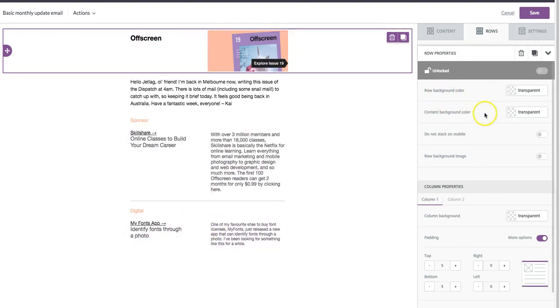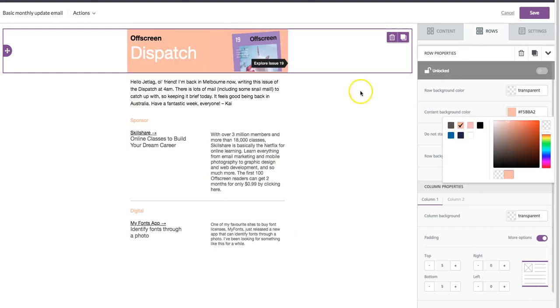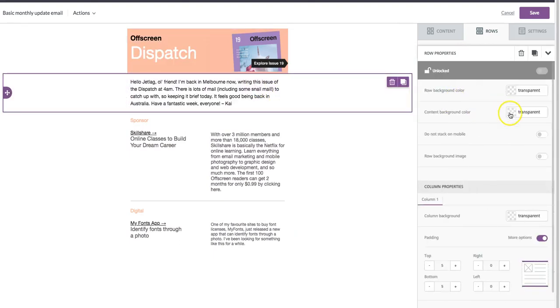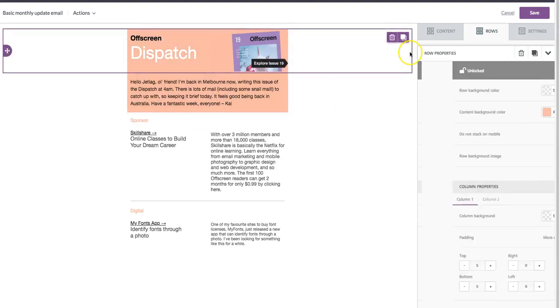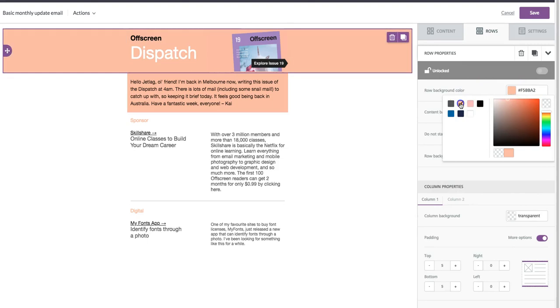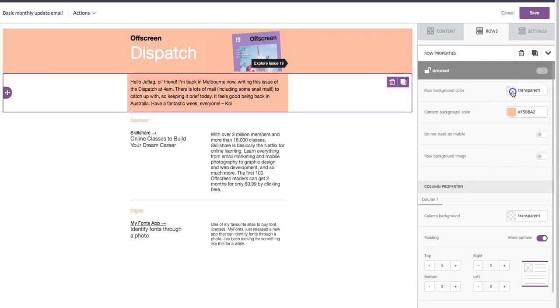If I wanted to only change the background of the body of the email, the central body of the email, I could instead do the content background color and have just the middle, have this like color block. But to do the whole thing, you just use the row, and it's really that